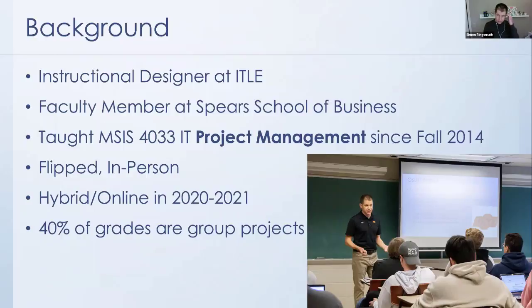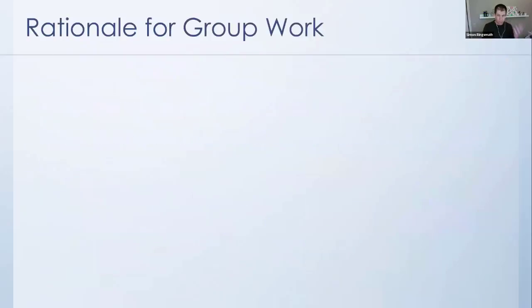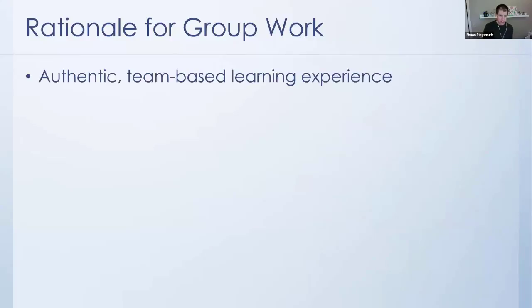And that kind of leads me into one of the first practices that you can do. And some of these you might think, well, that's kind of obvious. And it is, or some of these might be, but I want you to think if you've done these, if you've taken the time to do these, or if you've had this modeled for you. So one of the first things that I do, and I encourage others to do, is have a rationale for group work. In my time in undergrad, back at University of Nebraska, in my time in graduate school, like you all, I had a lot of group projects from time to time, but it was never really clear to me as a student why we were working in groups other than the professor said so.